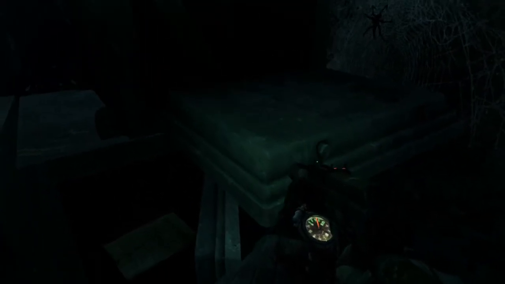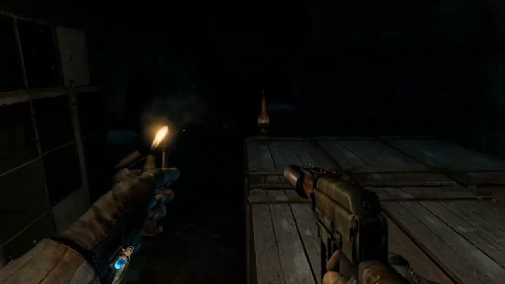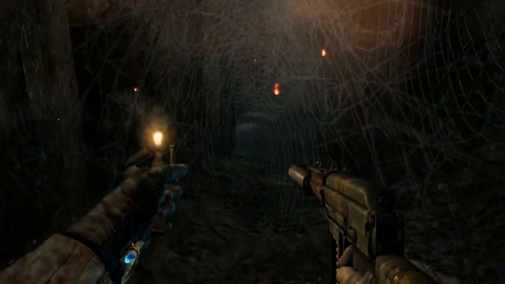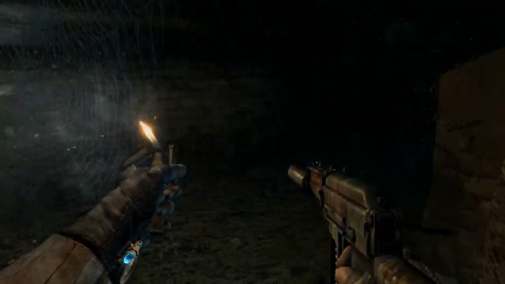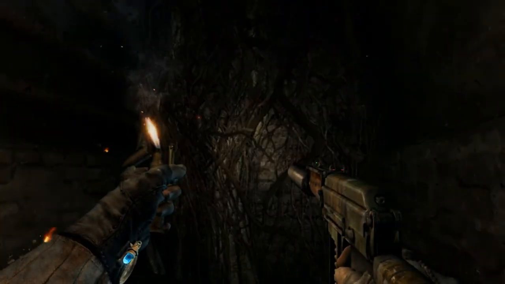Okay, so there's clearly some kind of a safe out there that I can go ahead and find a key to, but I guess I missed it. I actually want to... Let me check what's down in this area. I don't really remember. I know there's just going to be a bunch of spider webs, but...